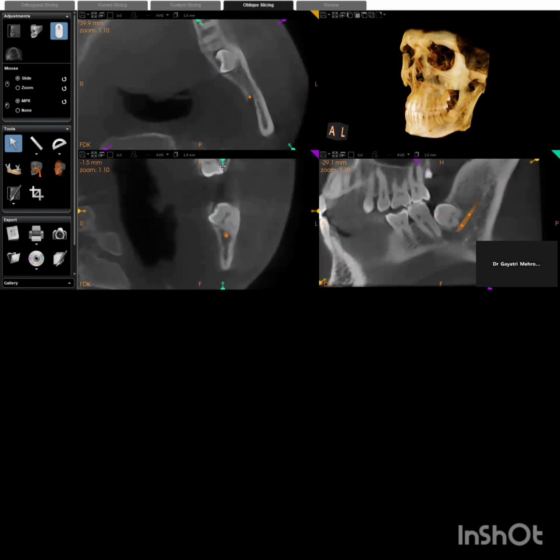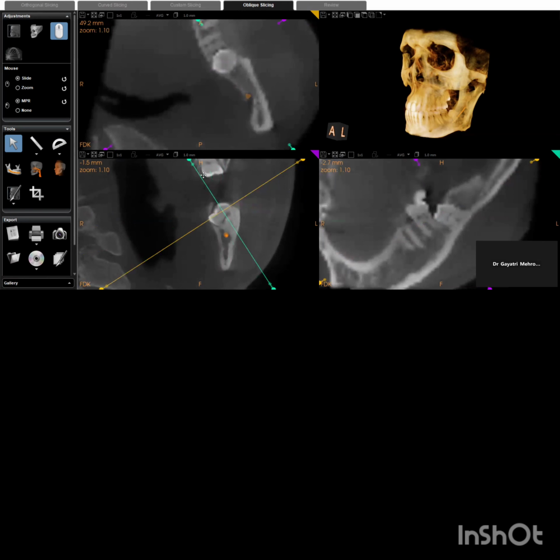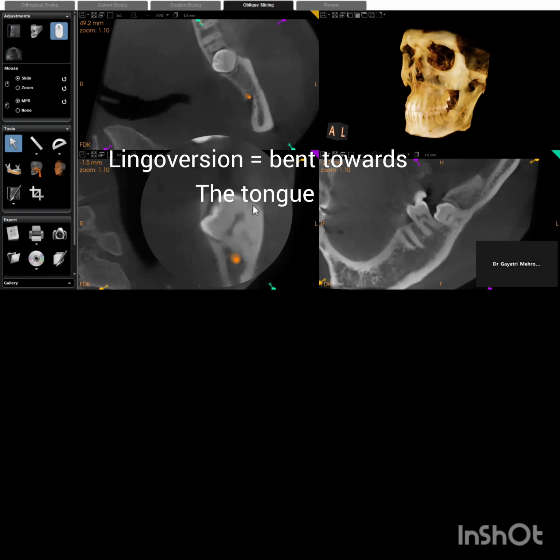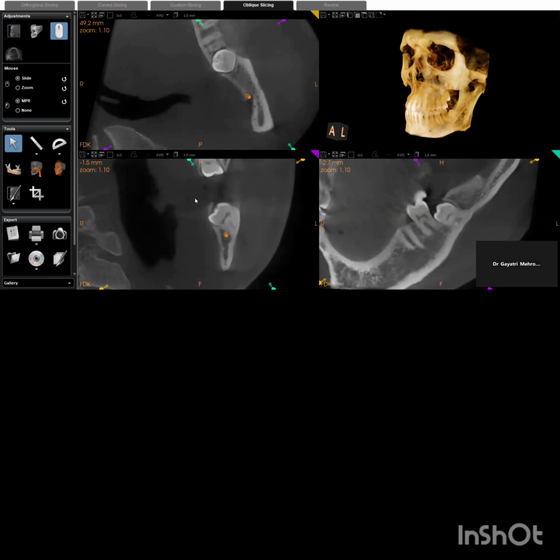Okay. First thing, what is this type of impaction? So the tooth 3/8 is vertically impacted. Vertically impacted, why? Because this is our 3/7, this is the long axis of 3/7, and this is the long axis of 3/8. So the tooth is parallel to 3/7, that is why it is vertical, but it is in a severe linguoversion. Okay. Can you see the crown? The crown is here facing the lingual cortex. Lingually means the side which is towards your tongue.